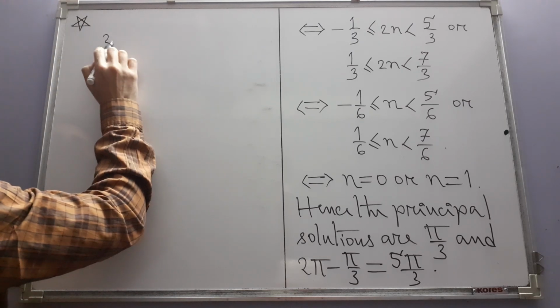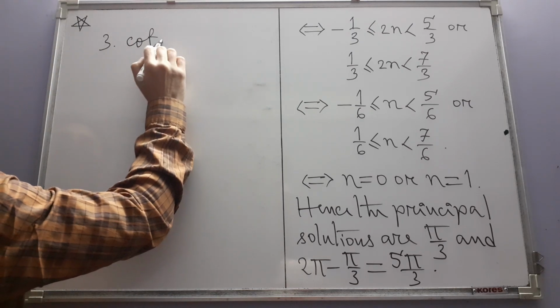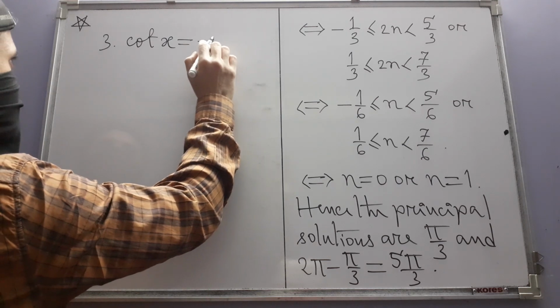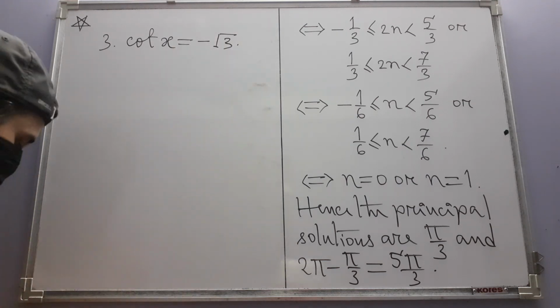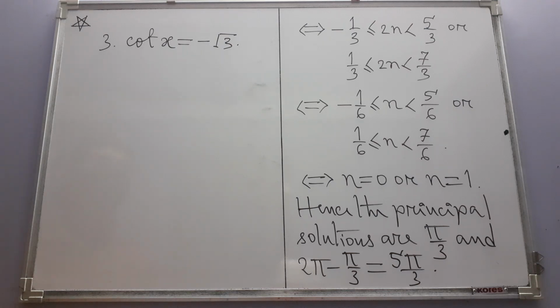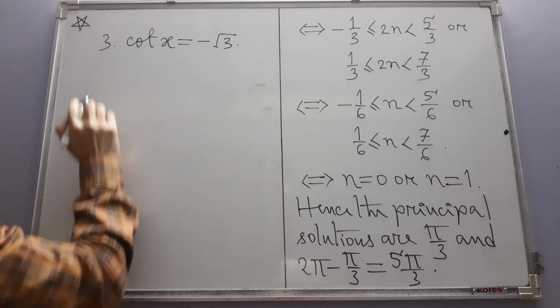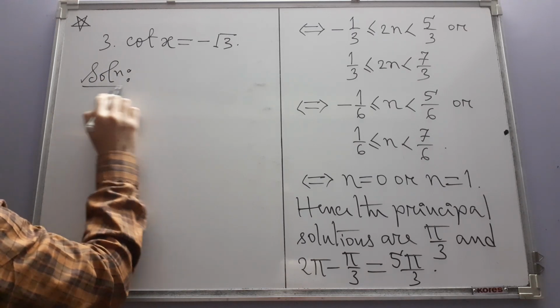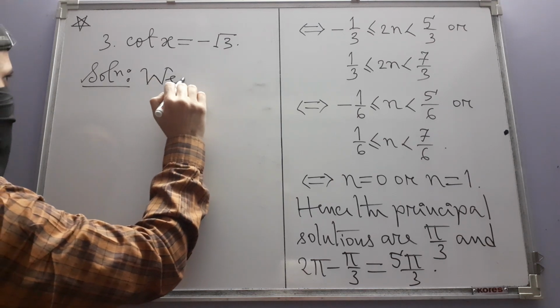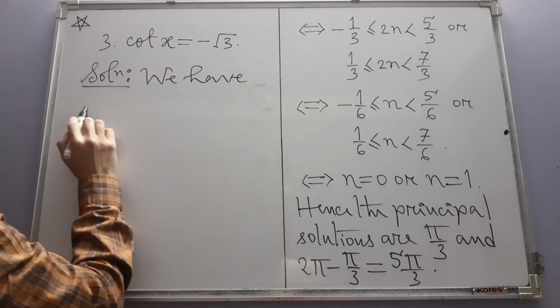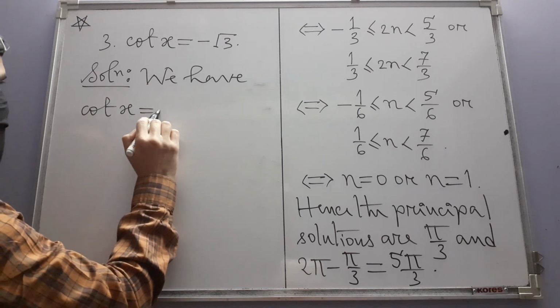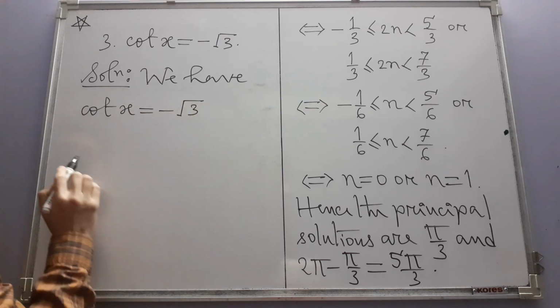Next, number 3, cot x equal to minus square root of 3. Presence of a negative value, it will not be a standard angle. We will have to find it out. We have cot x equal to minus root 3,